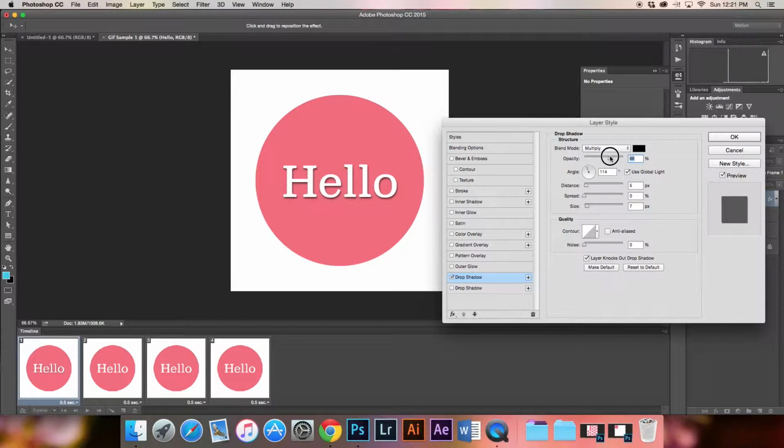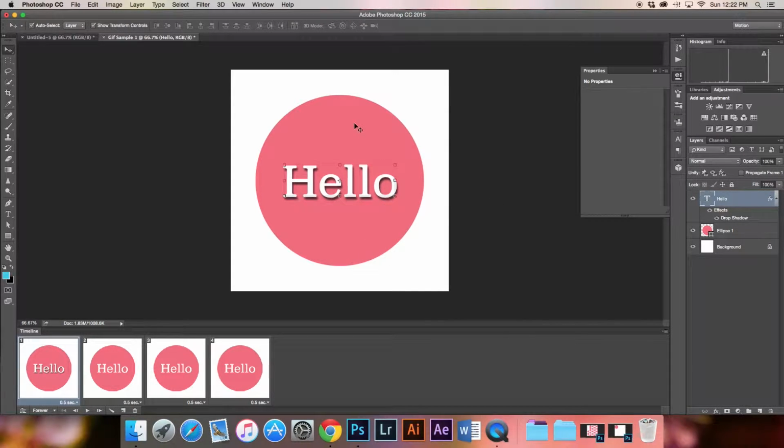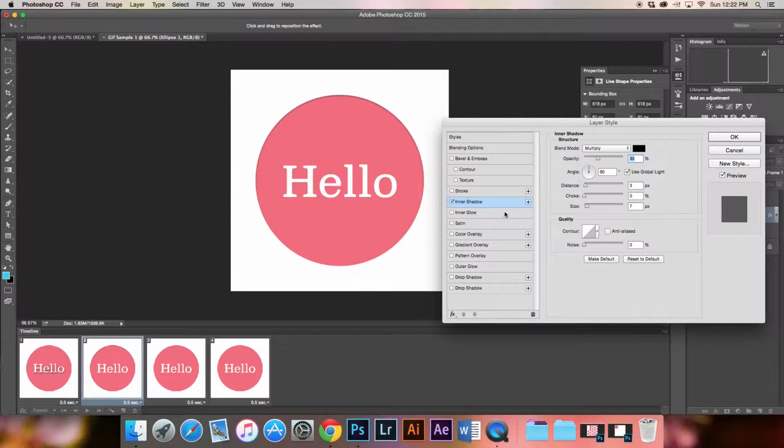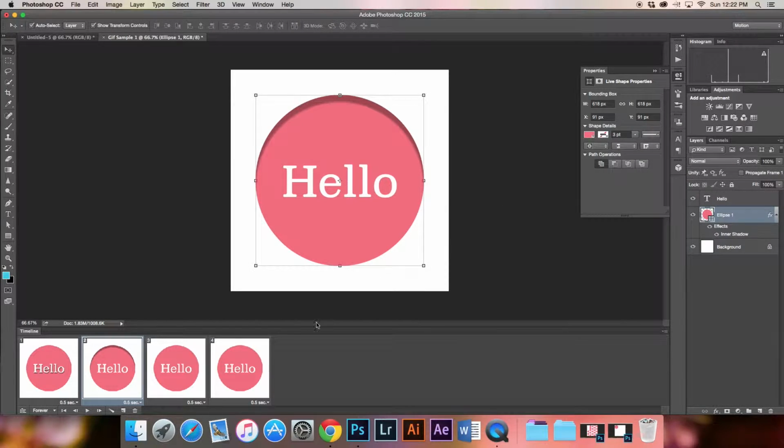I might make it a little bit darker so you can see it. Make it a little bit bigger as well. So now this drop shadow is applied to the different texts, and then you could do the same thing with this one. You could apply a different layer effect, and so we could do an inner shadow on the circle layer, and you'll notice that each one of these is different.